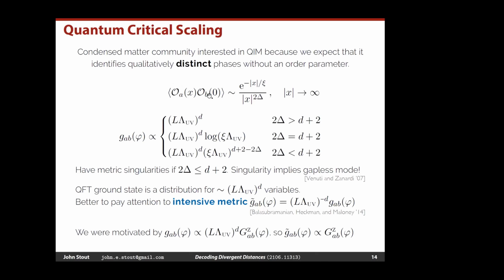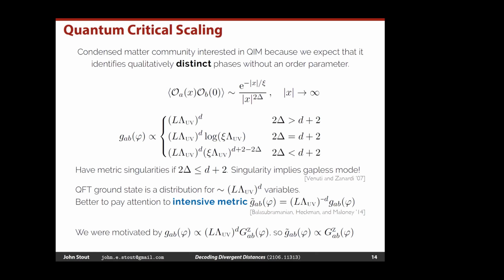And what we can do is understand this factor of L times lambda UV to the D as the number of degrees of freedom that I'm keeping in my theory. This thing is divergent in the IR and the UV cutoff, because whenever I'm drawing from this ground state probability distribution, it's providing me with L times lambda UV to the D variables. And this metric is characterizing the average behavior of all of those local degrees of freedom,